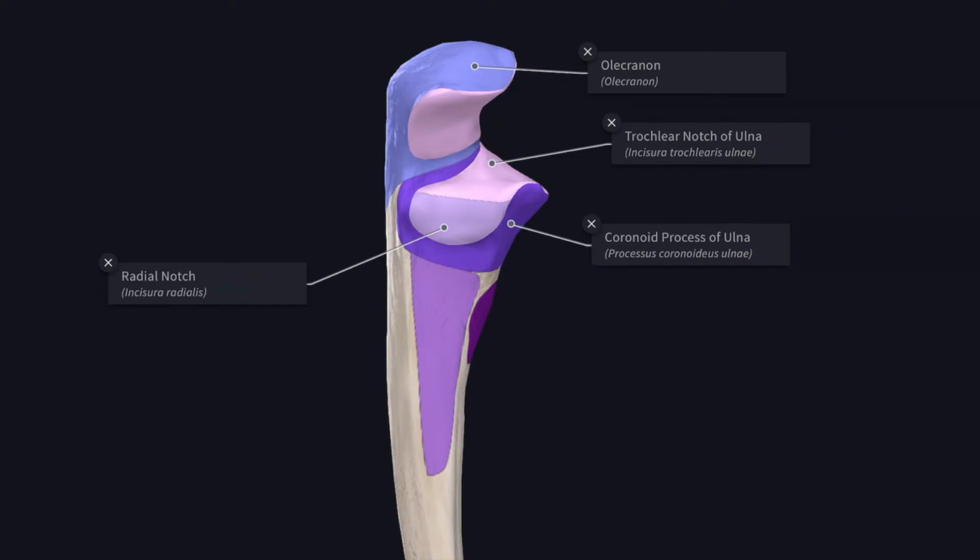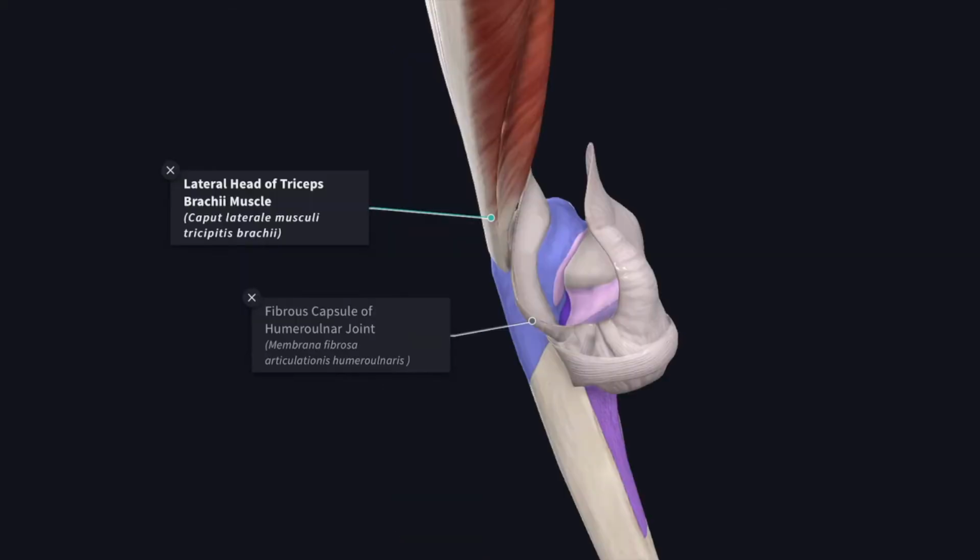The olecranon process projects upward and possesses a beak-like summit which occupies the olecranon fossa of the humerus in extended elbow. It presents 5 surfaces. So this is the upper surface, and this is the lateral surface, and this is the medial surface, and this is the anterior surface, and this is the posterior surface. The upper surface is rough.